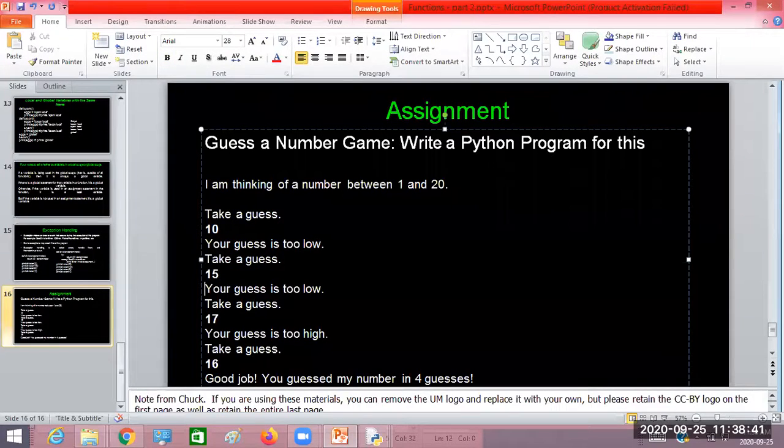That means still the guess number is lesser than the number guessed by the system. Then the third guess is 17. Then it is saying your guess is too high. For 10 and 15, it was saying too low. For 17, it is saying too high. That means the number is lesser than 17. In the fourth guess, I'm guessing 16. So now it is saying good job. You guessed my number in 4 guesses.